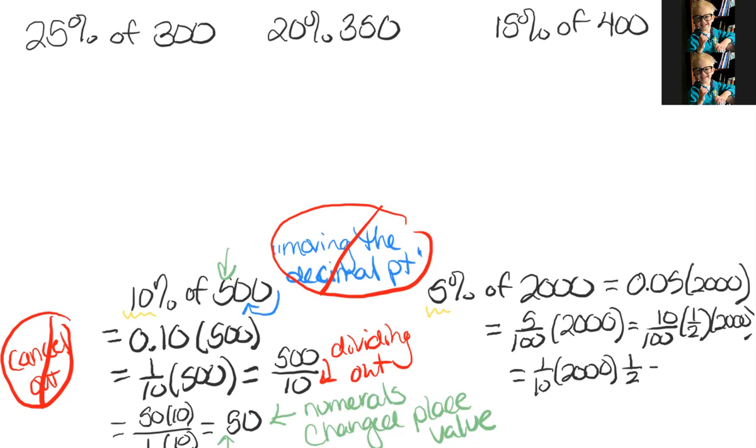Take your place values and shift them all to the right. We get 200, and now we want half of that for 5%, which is 100. So 5% is always going to be half of 10%. So starting here at finding our 10% of whatever number it is going to be a really great way to start reasoning about percentages, whether it's a percent off or percent of, like if you want to find a tip,